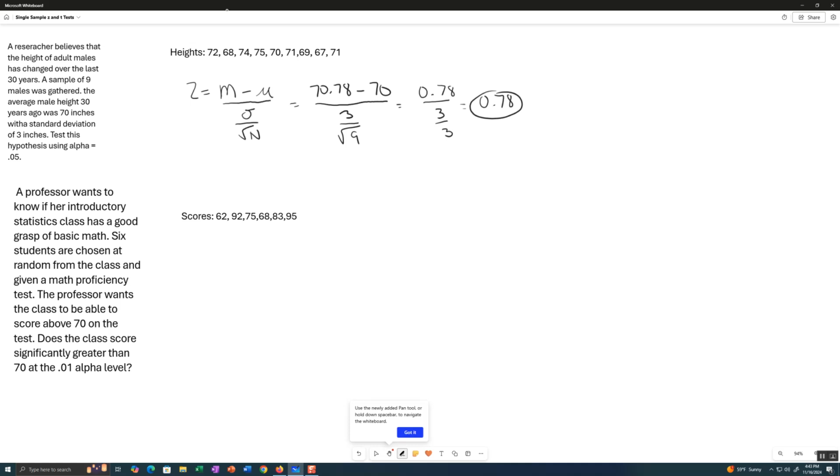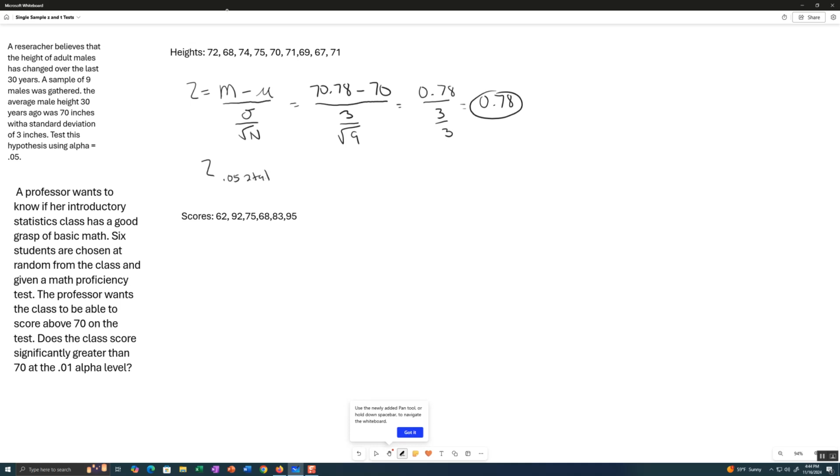So that's my Z-score. Now I have to compare it to a critical value. Well, is it one-tailed or two-tailed? I'm looking at "changed" here. Changed is a non-directional term. You're not saying increase or decrease, you're saying change, so therefore it's two-tailed. So I want a two-tailed Z-crit at 0.05. So let's do two-tailed, 0.05,